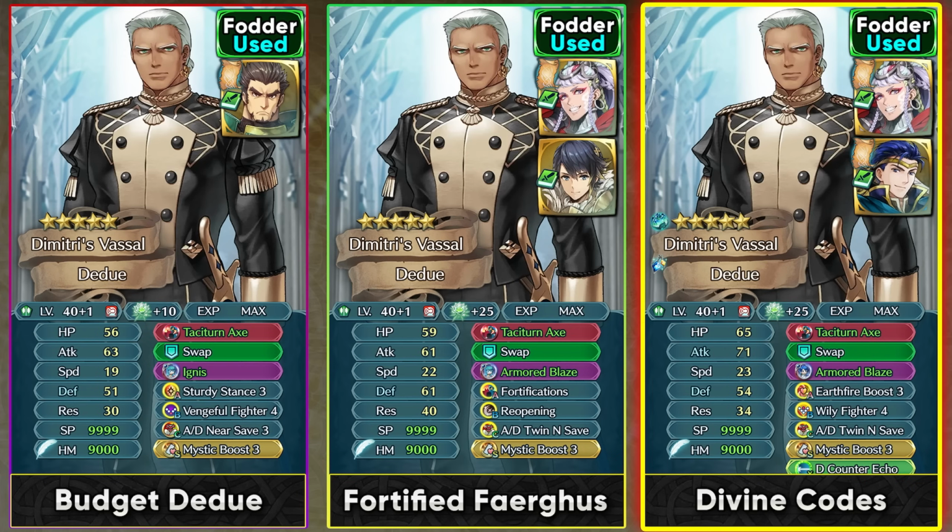And you can also run Emblem Sigurd so that not only can you position yourself better, but if it comes to it, you can even initiate combat in your player phase, because unlike Vengeful Fighter 4, Wily Fighter does function in the player phase and you still get the guaranteed follow-up attack. And the dull all effect out of Wily Fighter is really helpful because you already have the null debuffs, so this is the perfect slot skill for him right now. And then he can get the extra bulk out of the Earth Fire boost, and Twin Save is going to be needed so that he can have that extra layer of damage reduction out of Armored Blaze